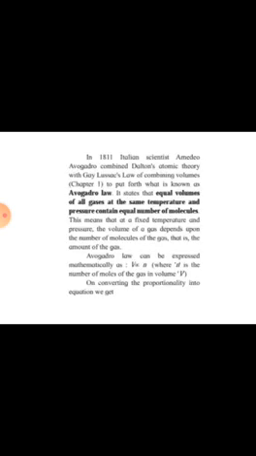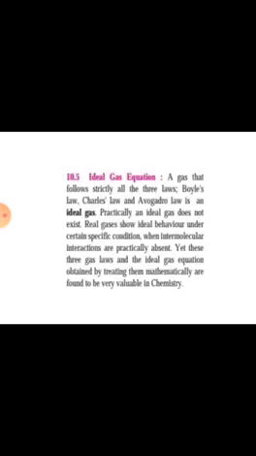In 1811, Italian scientist Amedeo Avogadro combined the Dalton's atomic theory with Gay-Lussac's law of combining volume to put forth what is known as Avogadro law. It states that equal volumes of all gases at the same temperature and pressure contain equal number of moles. This means that at fixed temperature and fixed pressure, the volume of gas depends upon the number of molecules, V proportional to N. Avogadro law can be expressed as V proportional to N. On converting the proportionality sign into equation,